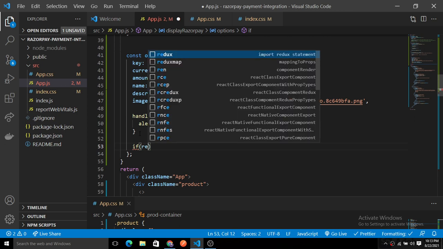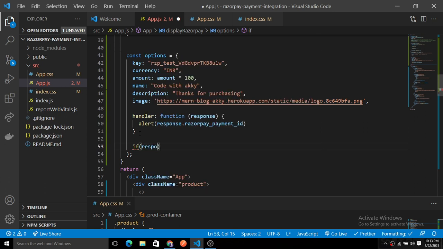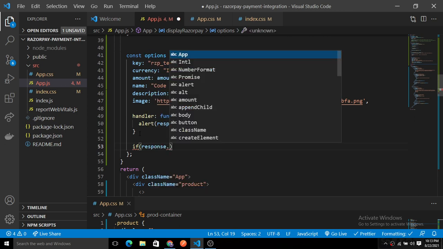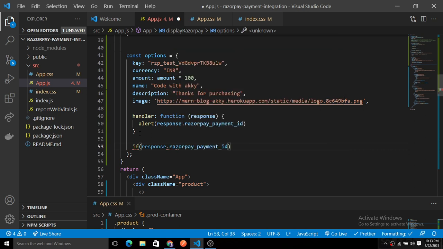So here you can simply put the response like this: response.razorpay_payment_id. If we have this Razorpay payment ID, right, then you just need to dispatch or call any backend function, or put an axios.post request to submit the details directly to your database also.